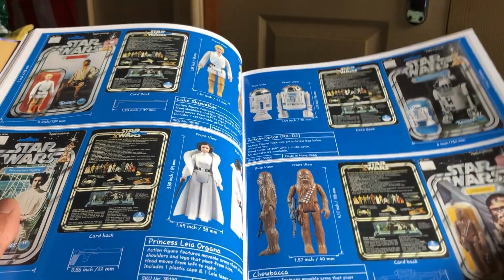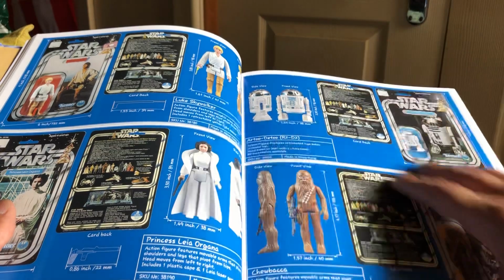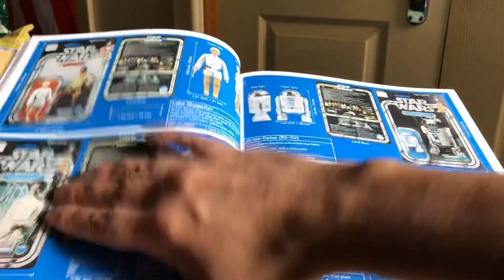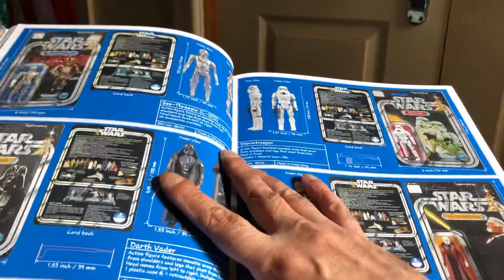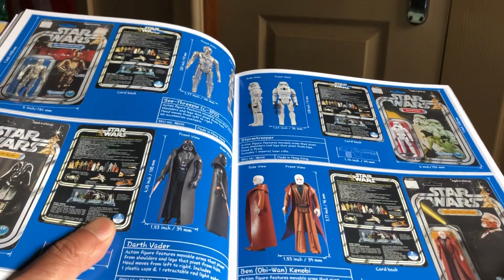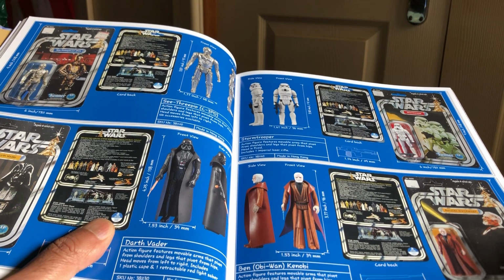But it's just nice to see somebody's collection, you know. I mean, the layout's very nice. It's very visually appealing. 12-back Luke, 12-back Leia, R2. I mean, these are things that are highly prized amongst vintage Kenner Star Wars collectors. So, you know, they're really amazing items. The C-3PO, the Stormtrooper, the Obi-Wan,